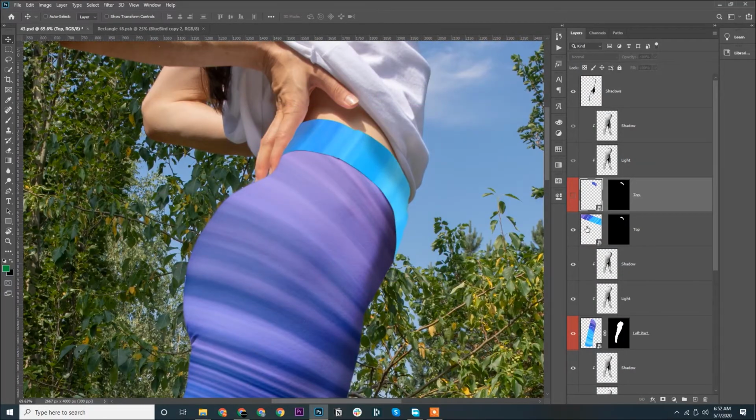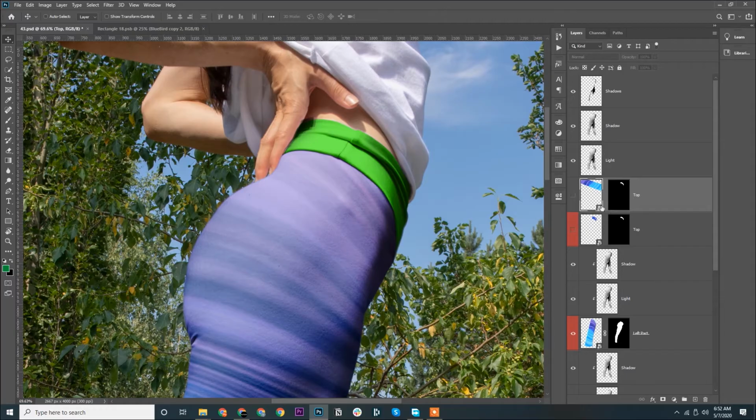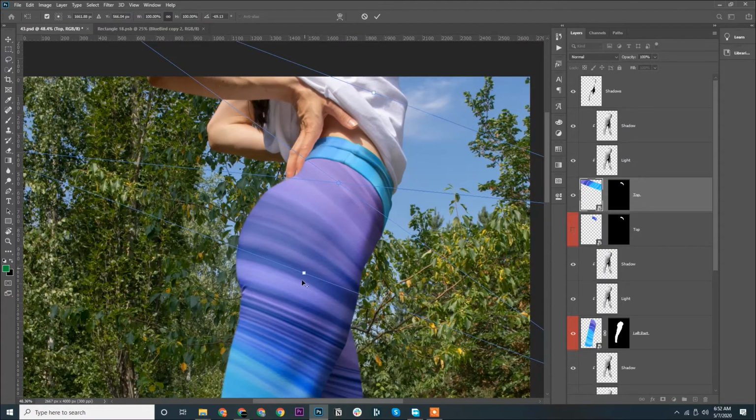We'll switch off this one, and on the top, I don't think we need to have this. Pretty good starting point, I guess.